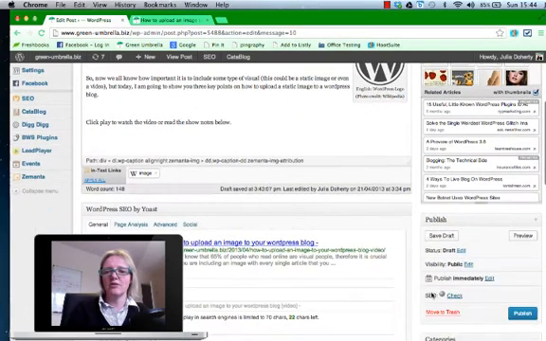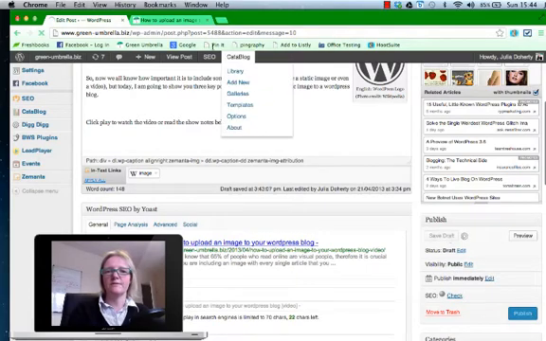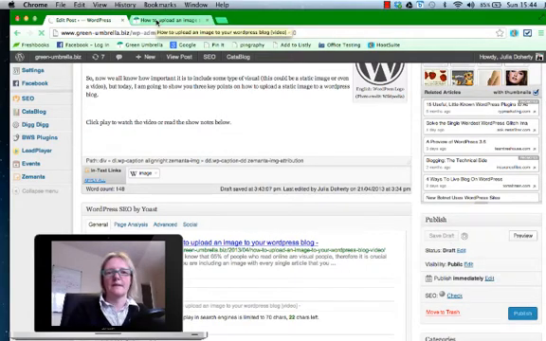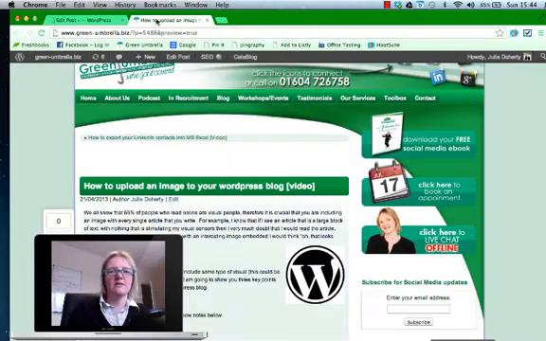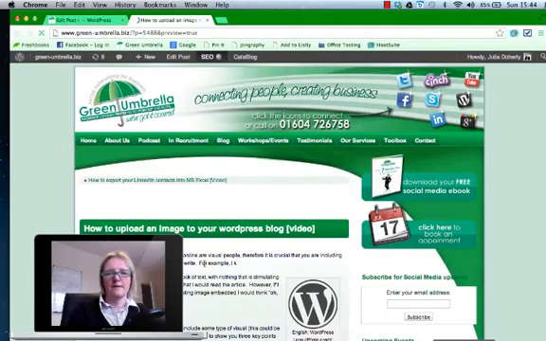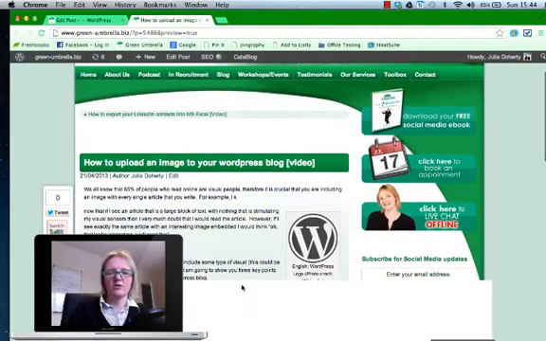So again I'll go through the process of saving the draft, and that's saving now at the moment. Then if I click refresh, the image has now got a nice WordPress image there that I know I'm safe because it's copyright free, and that's all done via a plugin called